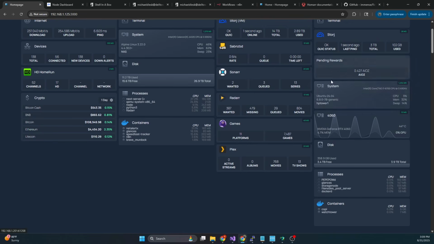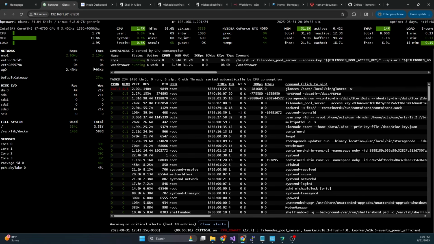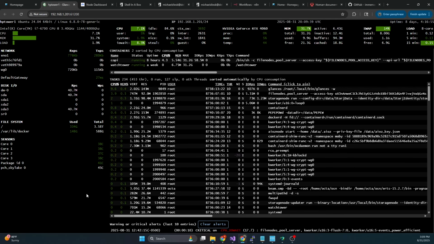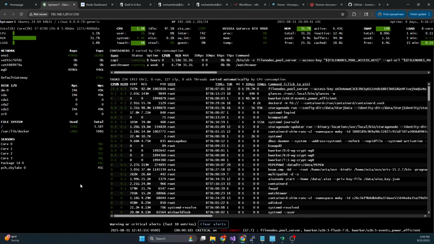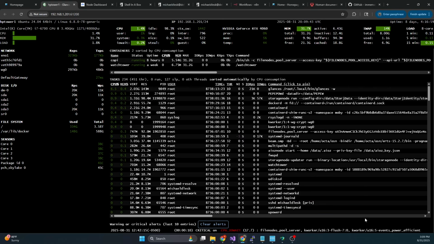And then moving down, you're going to see we actually have the system section here. And you can see the processor that's in it, the CPU usage, the mem usage, the swap file usage, the kernel it's running, the operating system it's running, the system name. If we click on this, this is actually going to open up Glances. Now, Glances is something that I run on all my systems. Works great. I'm actually going to show you how to install it today, but it gives you a quick web-based